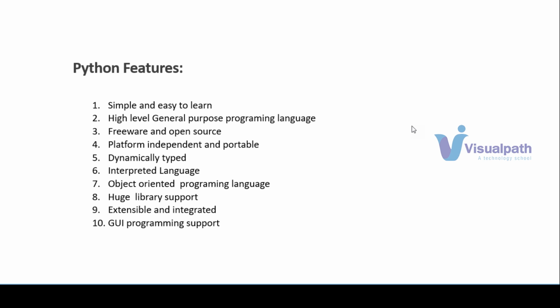Will we learn only Python or other tools also in this course? This course is actually Python plus Django. Django is a web application framework. With the help of Django, you can develop websites. Is it required for a data scientist course? If you want to go towards data science, once you learn Python, you can choose different other things. This is not a data science course.